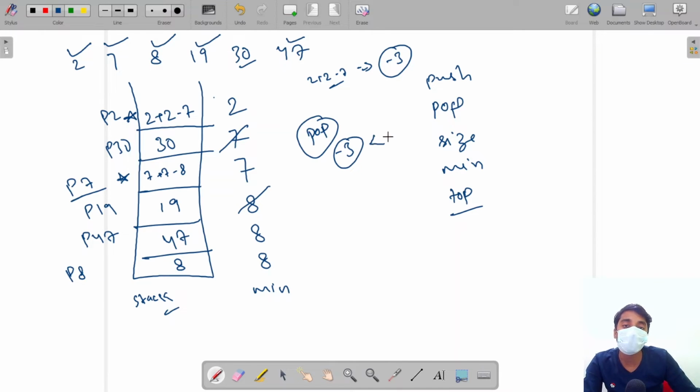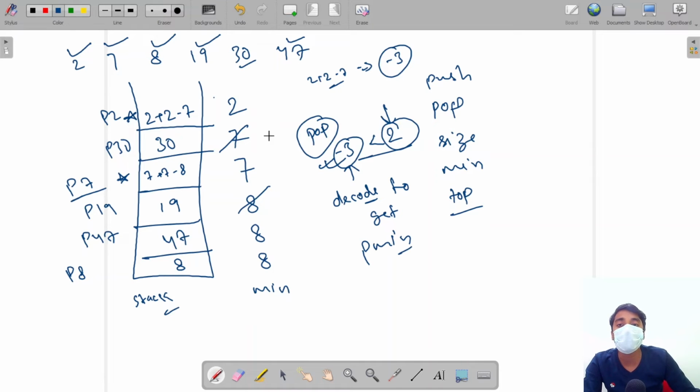Here minus 3 is smaller than our minimum element. So our original element is 2 and this is our encoded element. So we will use this by decoding it to get our previous minimum value. The previous minimum value is 7. So how will we get this?